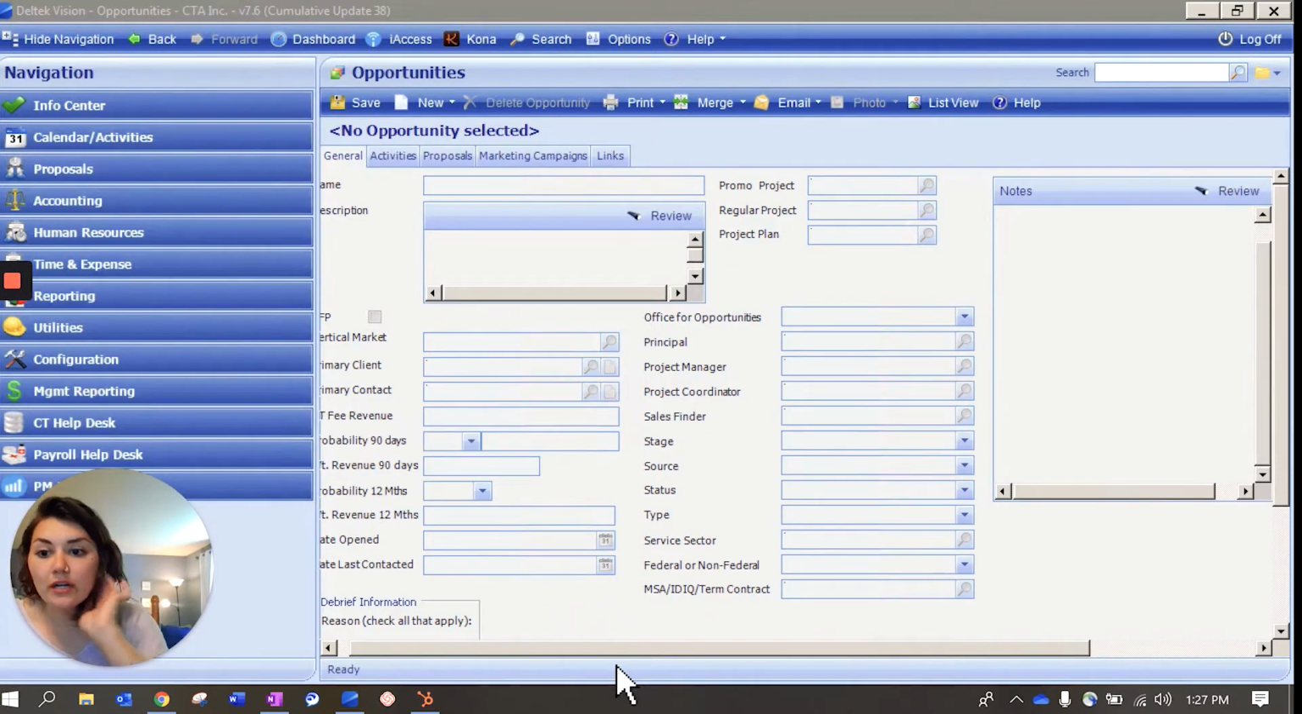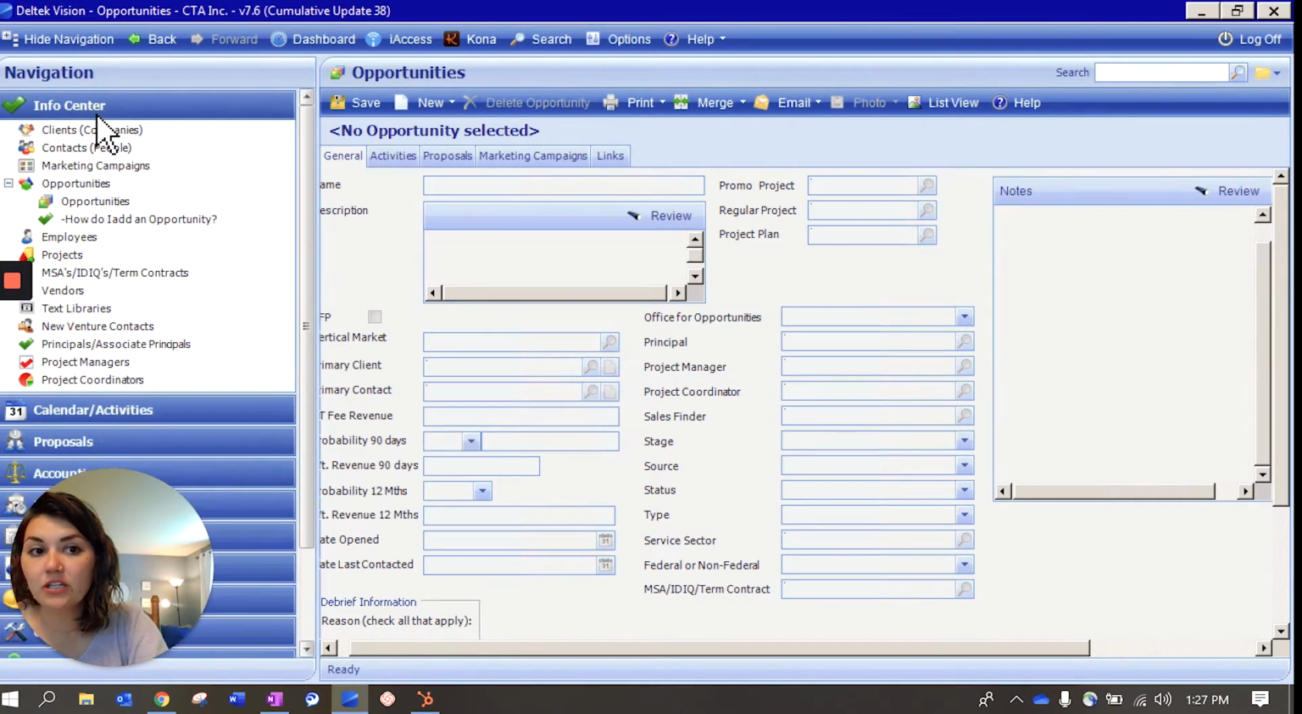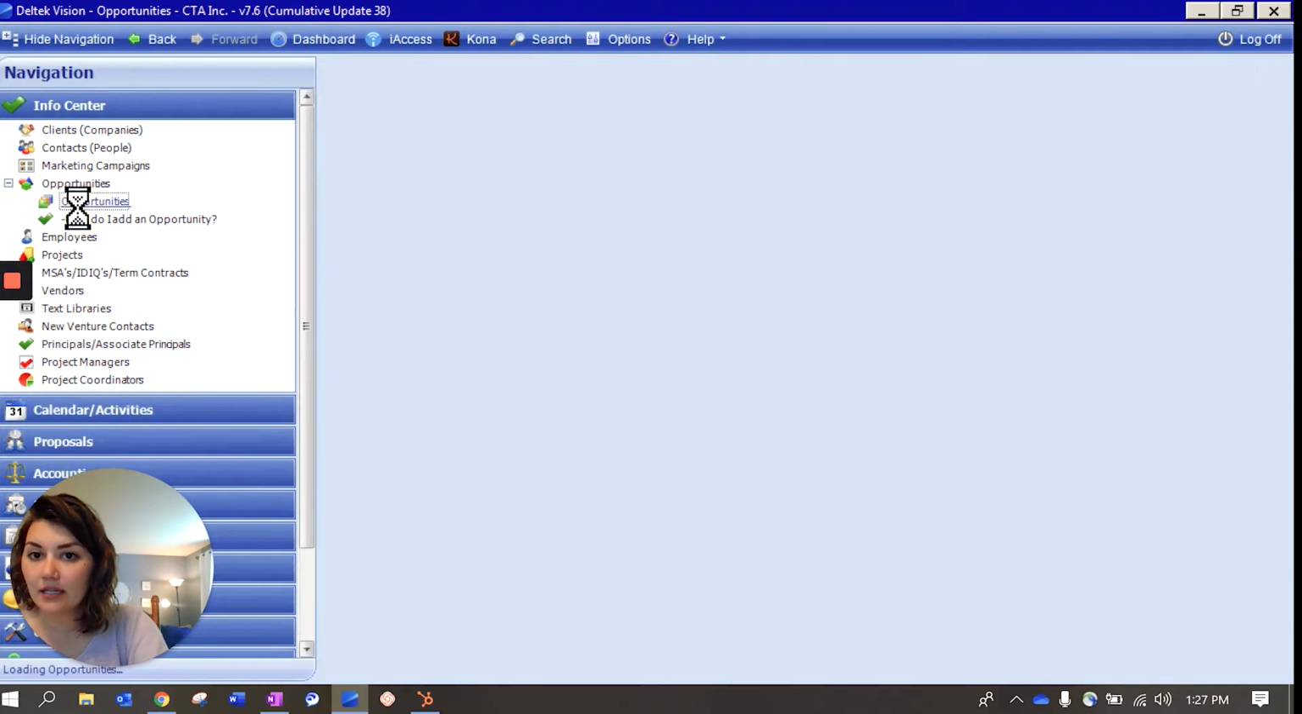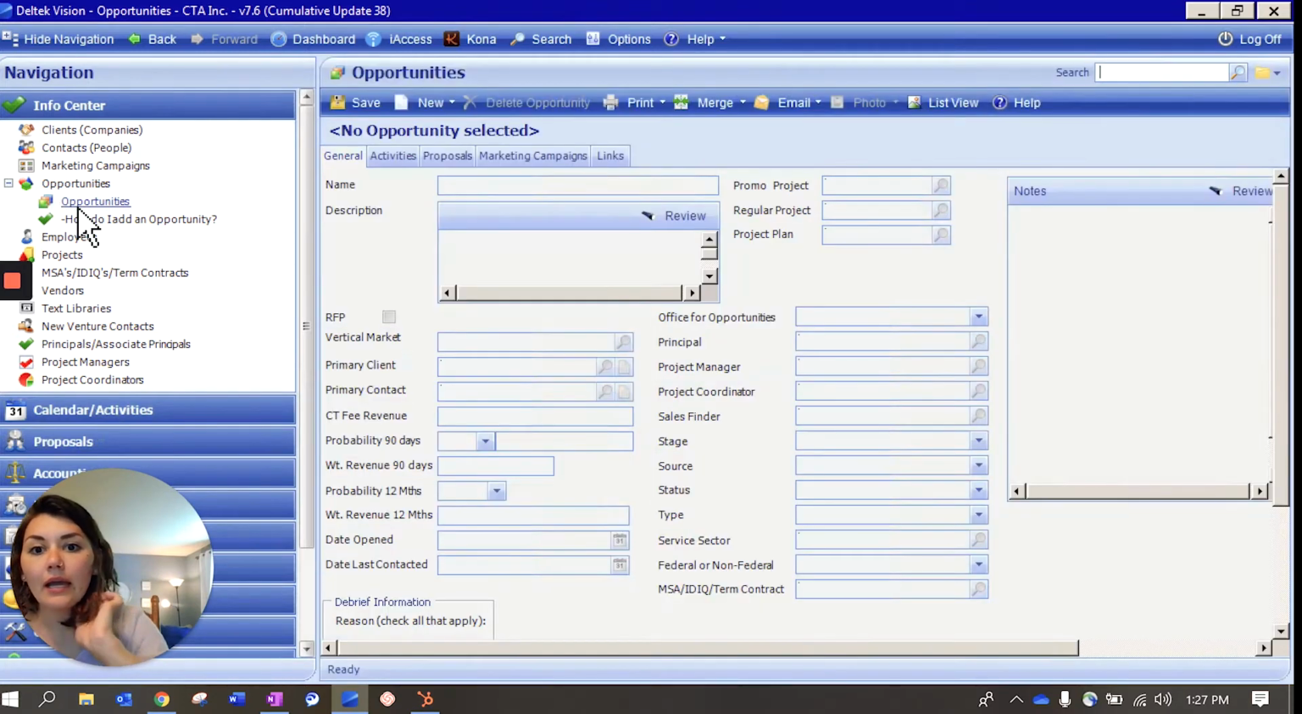So in Vision, first you're going to go up to the navigation bar and go to the information center. You can see I'm actually already there because I was looking first. Then you're going to go down to opportunities. From there, you're going to go into the second button that says opportunities and click that. And this page will load. And then you're going to go up here and click new